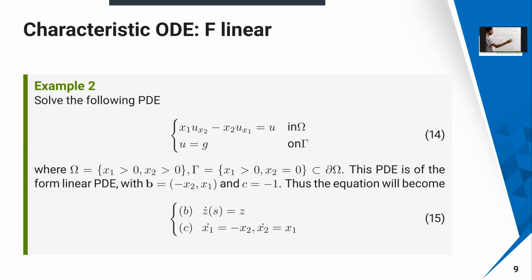So that's what I have written there. I have written minus y here: x dot equal to minus y and y dot equal to x. In terms of x1 and x2 I have written, but here I have written in terms of x and y. Now these two equations you can solve. Z dot of s you can solve, and x dot and y dot also you can solve, and then you can obtain the values.